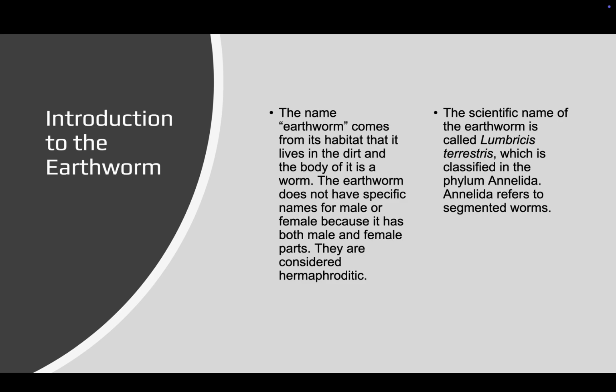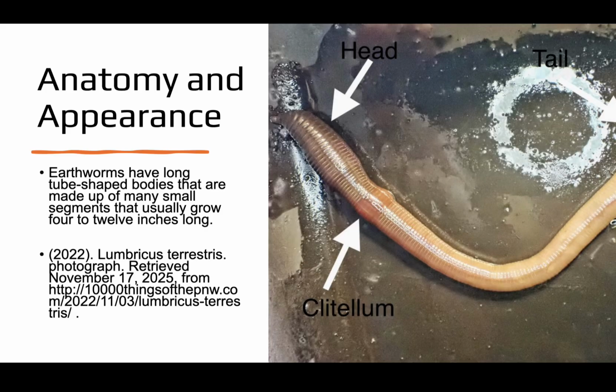The scientific name of the earthworm is Lumbricus, I think, which is classified in the phylum Annelida. Annelida refers to segmented worms. Anatomy and appearance. Earthworms have long tube-shaped bodies that are made up of small segments that usually grow 4